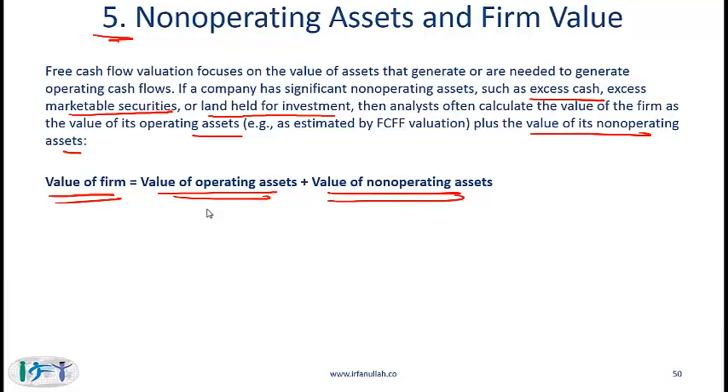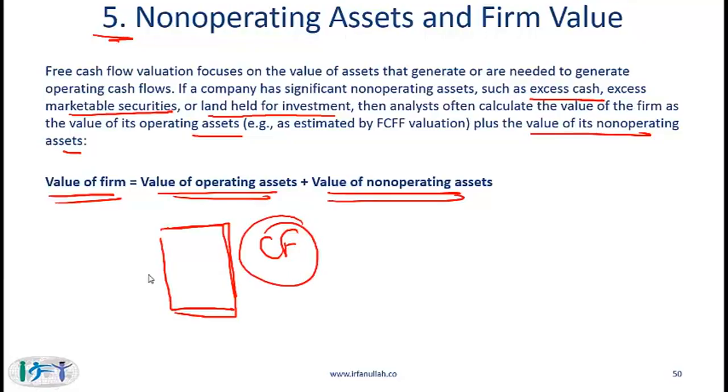So what does this mean? When a company has property, plant, equipment, and so on, and cash flow is being generated, who has a claim against that property, plant, and equipment and the cash flow that is resulting? It is all suppliers of capital. So if this is the set of operating assets and cash flow is being generated, then when we come up with the present value of the cash flow, that essentially is the value of our